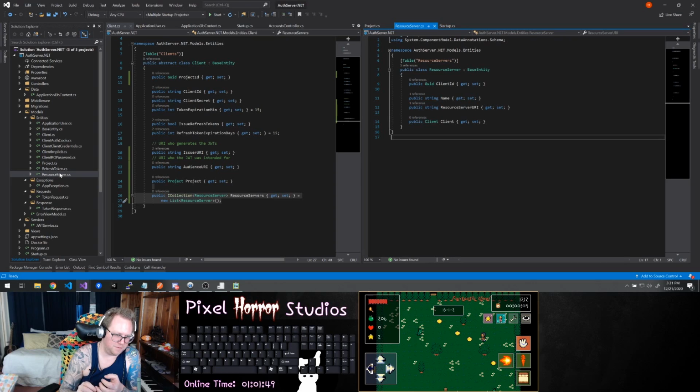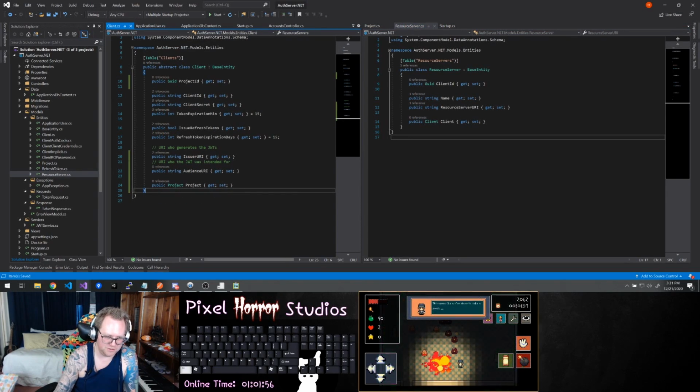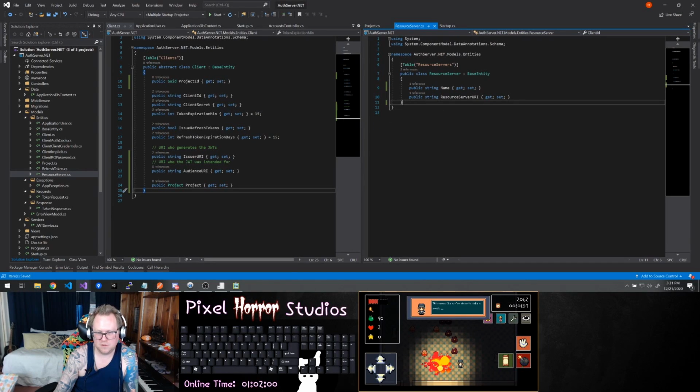When you do that, it would be by the properties that are defined on each. And then scopes. So the resource server